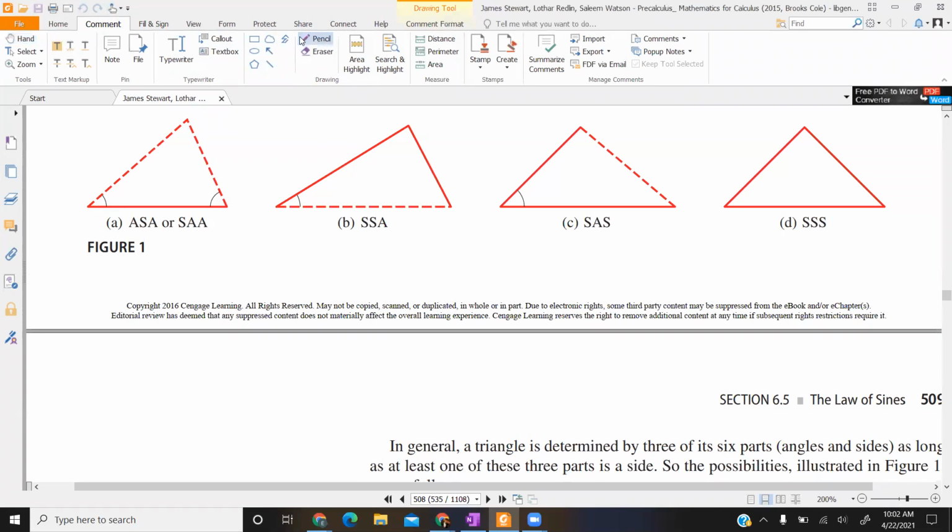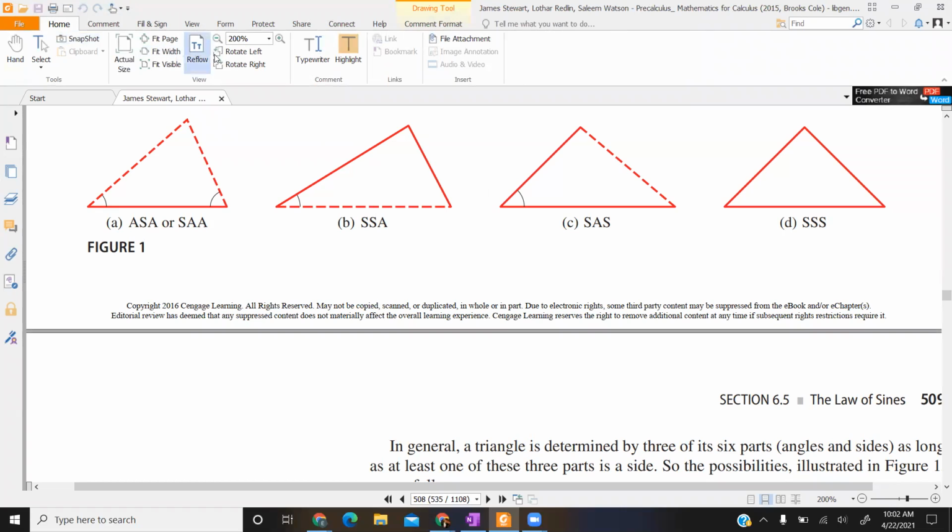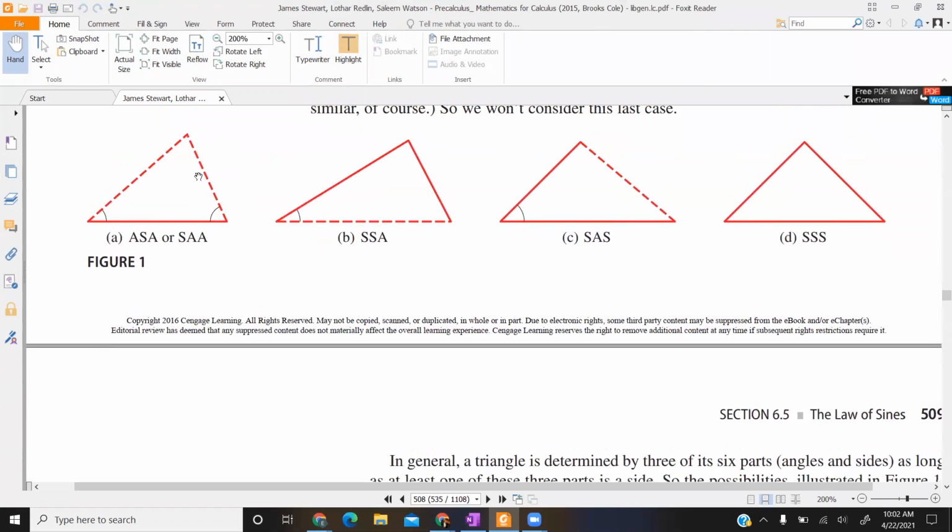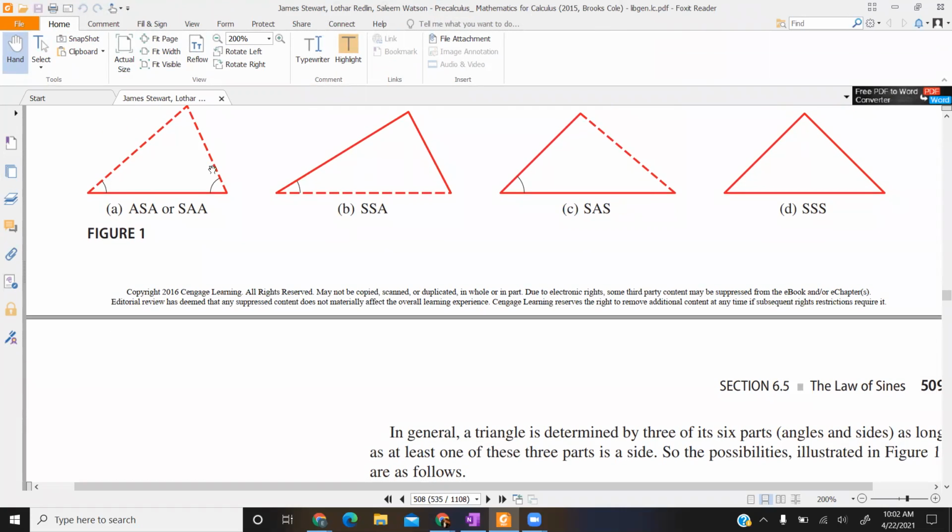So what you need to determine in that case is this other angle right here, and then these 2 dotted lines. These are the other sides that are unknown. So that's one case. The other case is side, side, angle. That means that you're given 2 sides joined by a vertex here, and then the angle measure of one side. So the other thing you need to determine is this dotted line here, the length of this, and then these 2 other